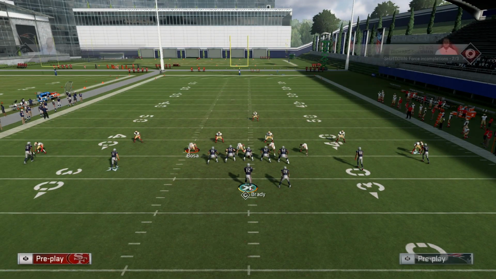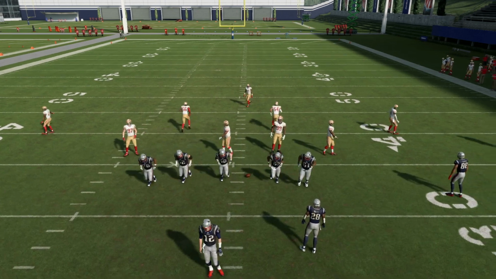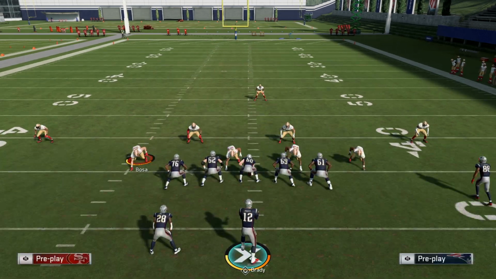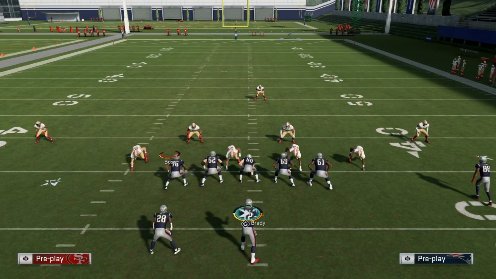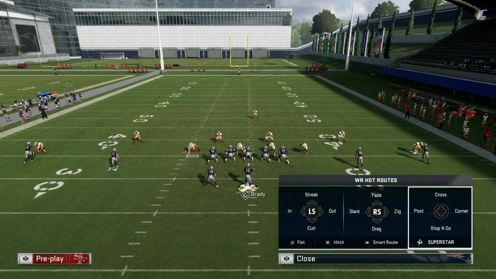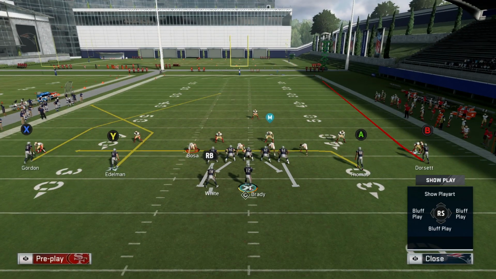It's going to be this quick slot out. So actually I'm just going to go ahead and recall it from the play screen. Okay, so now we are in this quick slot out. The adjustments are very simple for this. What I like to do is all you have to do is just block your running back, and you're just gonna